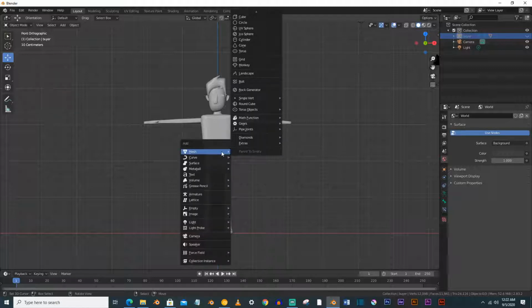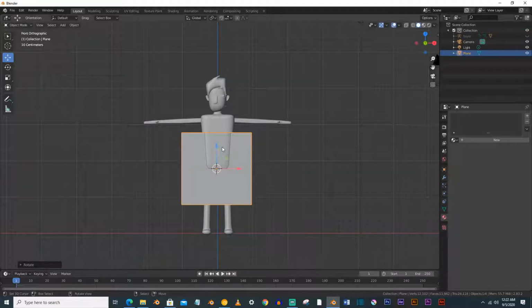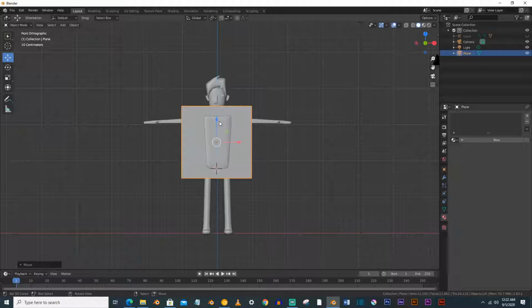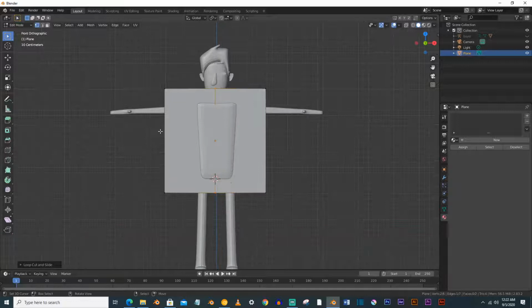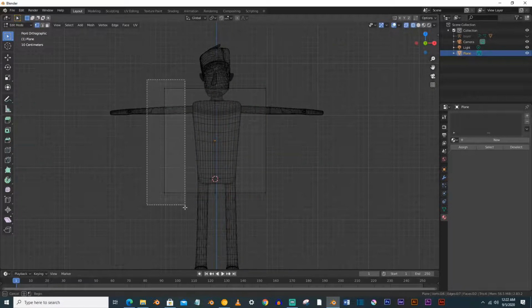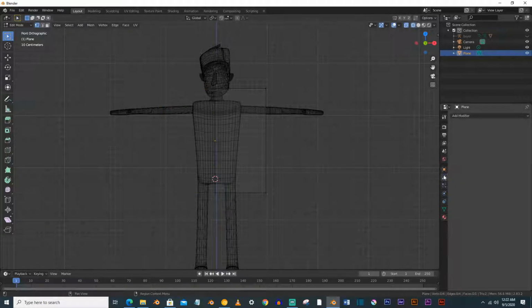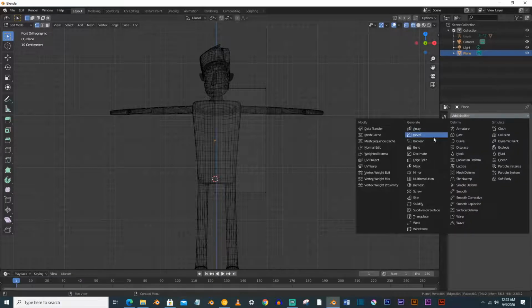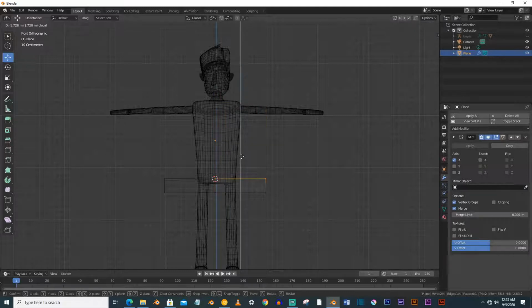Shift A and select a plane, RX and 90, make it a little bit up and go to the edit mode, Control R to make a loop cut here, and Z to wireframe mode, B to box select these vertices and delete the vertices, go to the modifier tabs and select a mirror modifier here, and now you have to just make a rough t-shirt here,